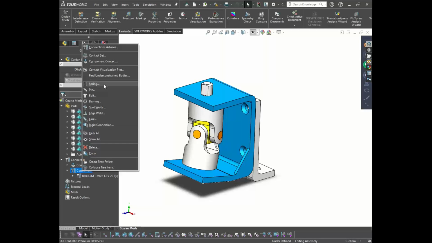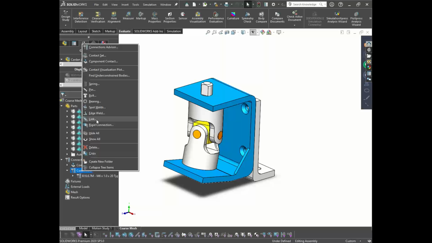Also, as I've told you about the bolt, there are different connectors involved. If you want to simulate or check the weld spots in your assembly, if you are joining two sheet metal components with the help of welds, you can apply the spot weld connector. Then you can consider the edge weld connectors if you are applying a butt weld. Then if your components have a certain link between them, and you need to consider that if one component moves, the other components move accordingly,